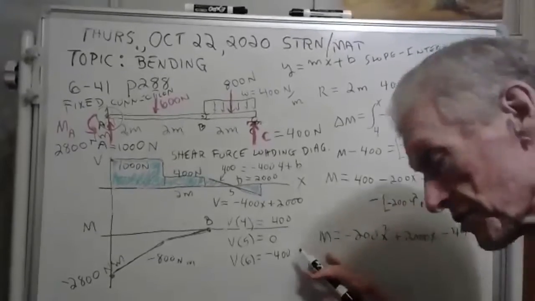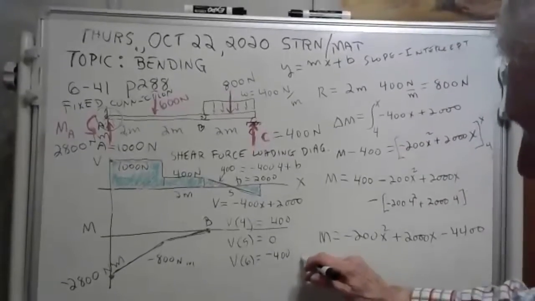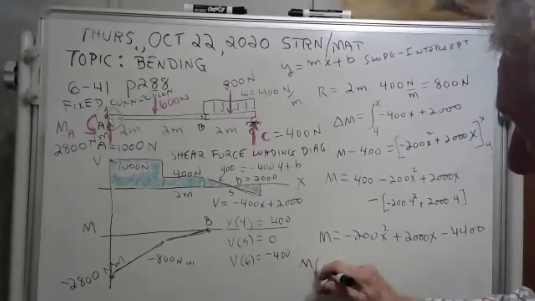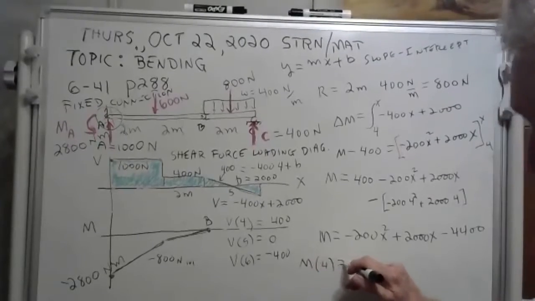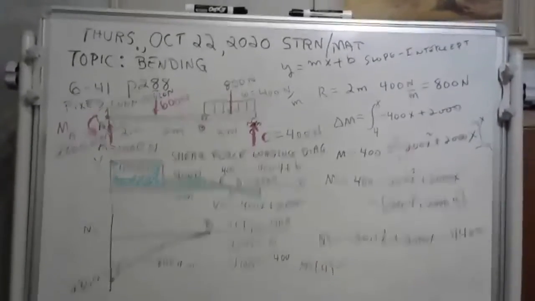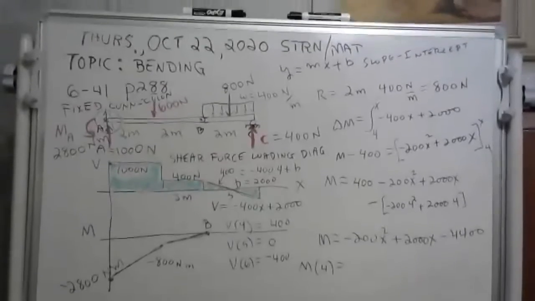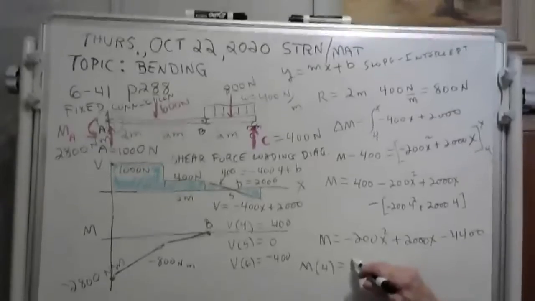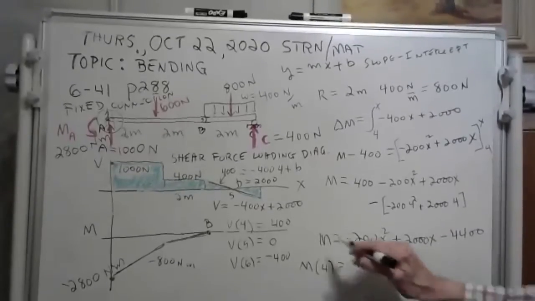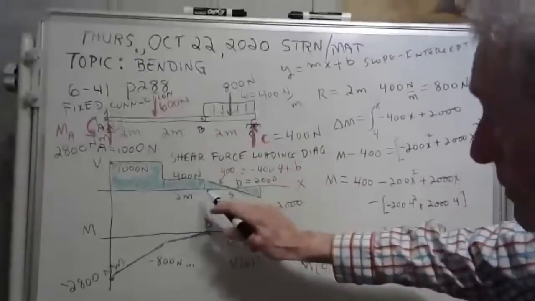Now let's test it and see if it works. The bending moment when x is equal to 4. Plug it in and let's see what happens. I'm getting 400. Well, that's good. Because see, when x is equal to 4,